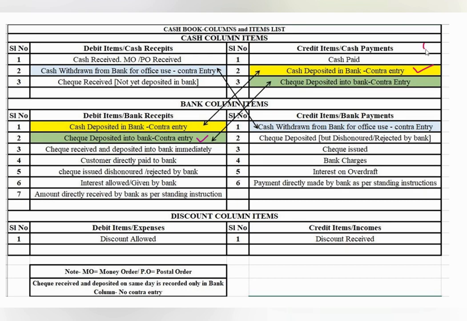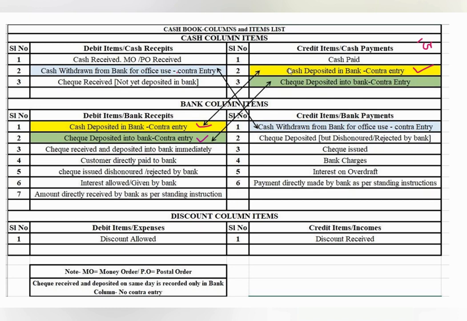So when it is reducing, it means we need to credit that in the cash column and debit that in the bank column. Okay, so if we are withdrawing the cash for office use, we need to debit it here and credit it in the bank column. If you are depositing in the bank, that needs to be credited in the cash column and debited in the bank column. Okay, so these are about the